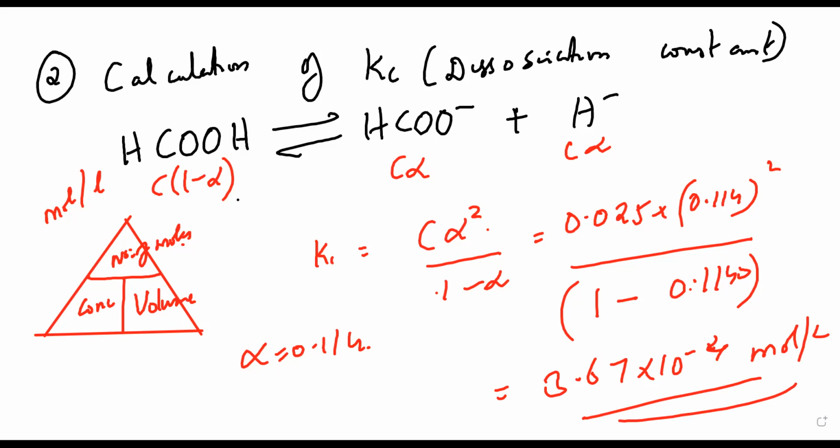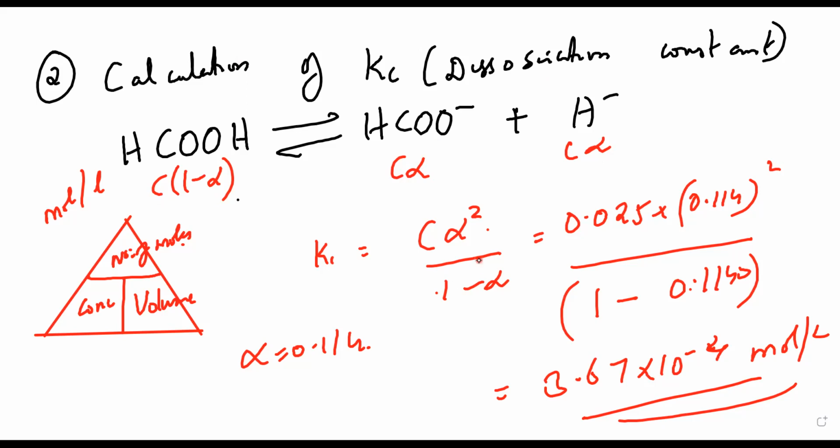Is it clear why I am putting 1 minus alpha here? Because we are calculating at 1 atmospheric pressure, 1 atm. On the right hand side will be the concentration at alpha. If you don't know what alpha is, alpha is the degree of dissociation. Degree of dissociation means how much, to what extent it will dissociate. So the concentration is C, so it will be C into 1 minus alpha.